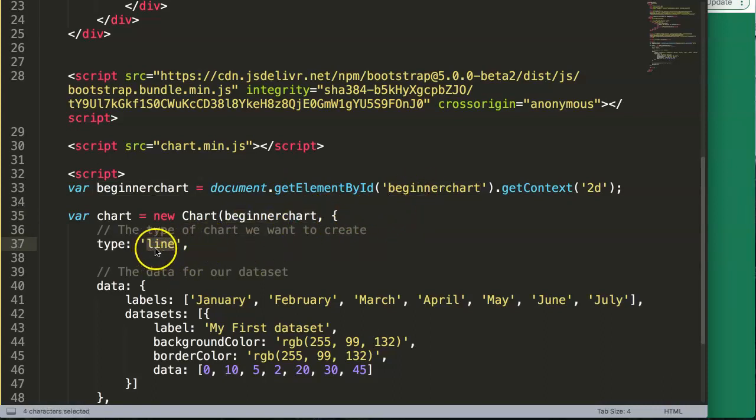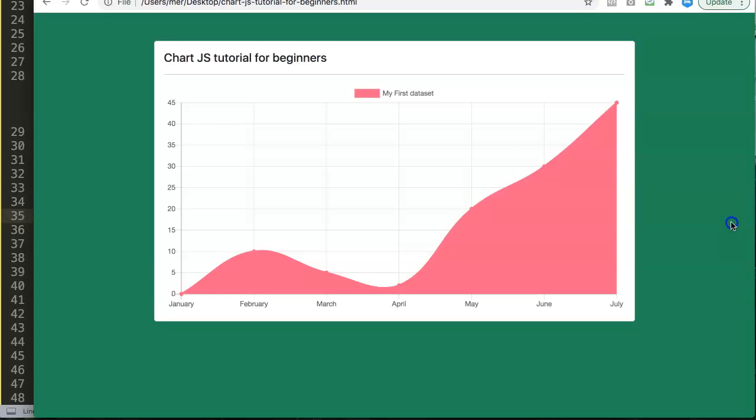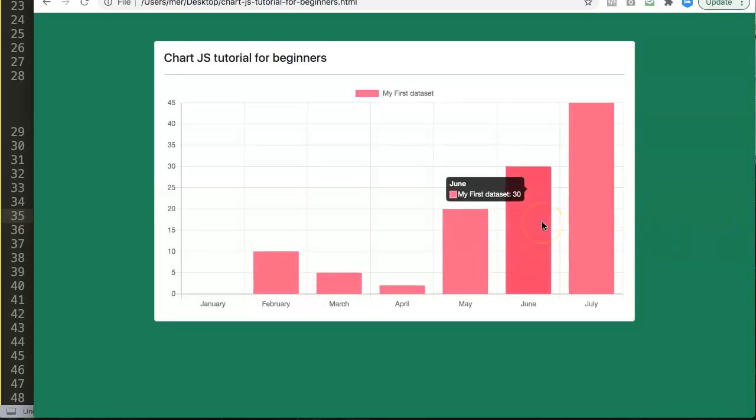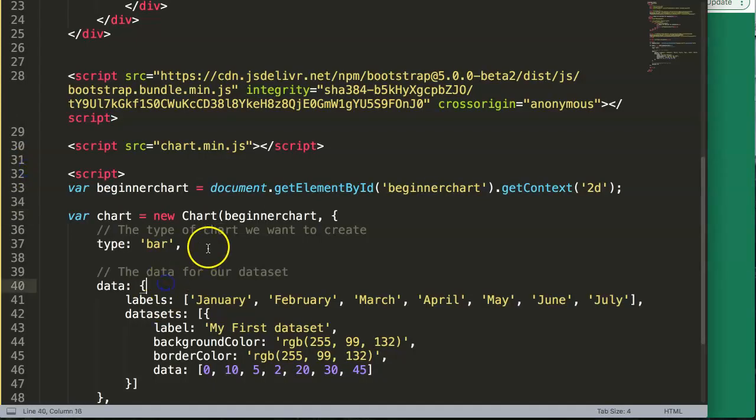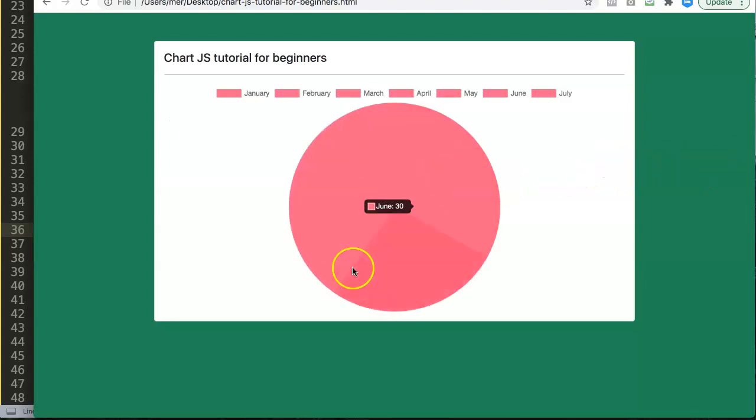And this type here can be different. So for example, we have here bar chart. We type in type bar chart, refresh, and then you can see it starts to adjust into a bar chart. This is pre-programmed in Chart.JS to draw this. And if you would do here pie chart, let's save that, refresh, now you can see it works, but